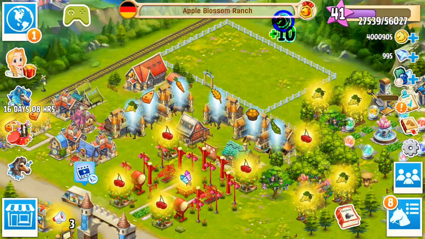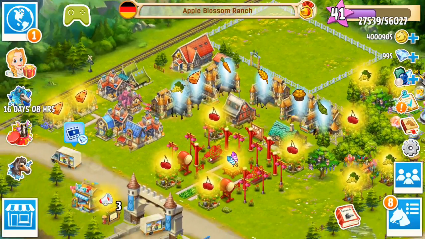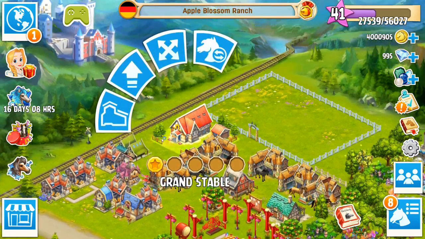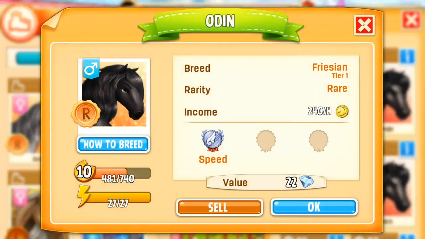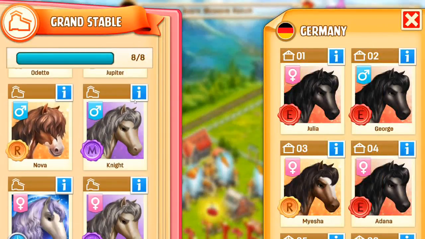So let's go ahead and see today's main goal, even though there's so much to do all the time in Horsehaven. Today's main goal is going to be focusing on seeing if we can breed for the Virgo 3. So let's check inside of this grand stable, which we need to update, by the way. Also, we have so many coins now. I feel really rich. And let's see, Frisian, we've got Dutch harness, we've got quite a few horses in here,